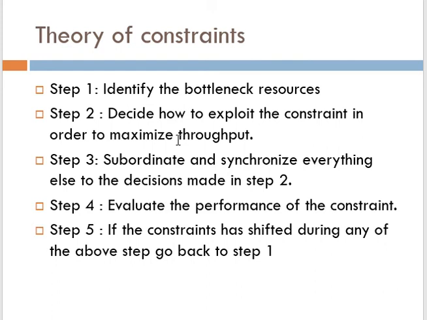So when the machine is not helping to produce the product, it might be an outdated machine, or the machinery has a lot of repairs to be done. So these issues have to be identified, as they delay the production process. Next, after identification of the bottleneck resources, the next step is to decide how to exploit the constraint